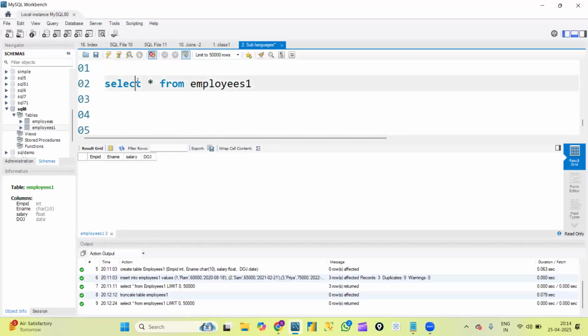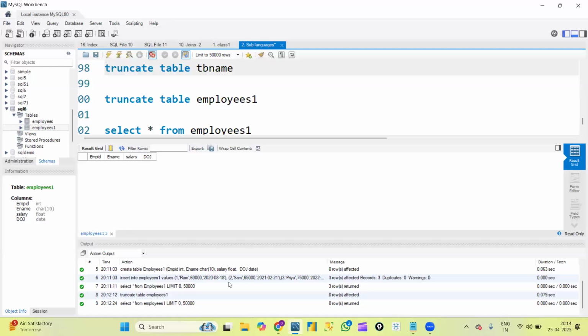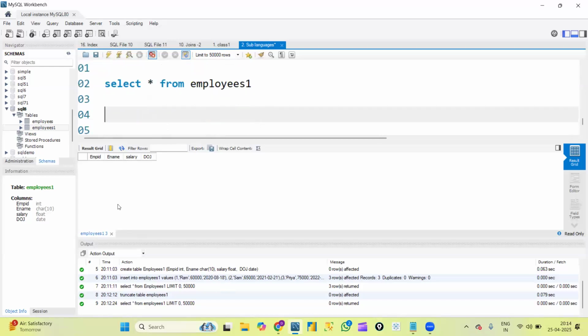So, truncate in the sense, whenever suppose I wanted to change my old data and I wanted to insert the new data into the same table. As it is same table, I want the same column names, my data types will be also same, but I just don't want my old data, so I wanted to remove my old data and I wanted to insert new data. In that scenario, I can use truncate. At that time, completely whatever data I have inside that table will be removed. So I can use truncate, and then I can use